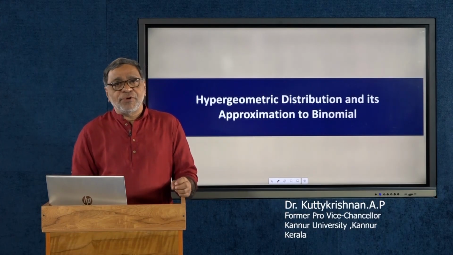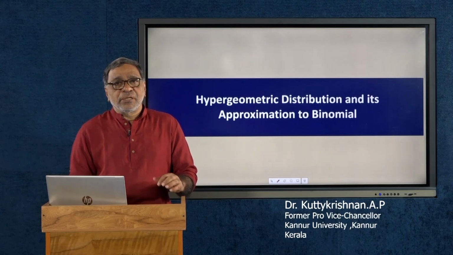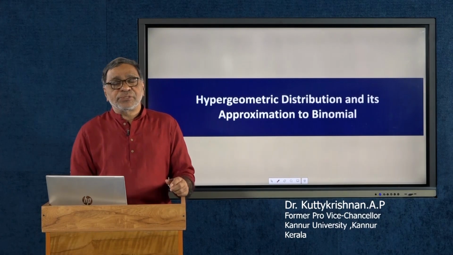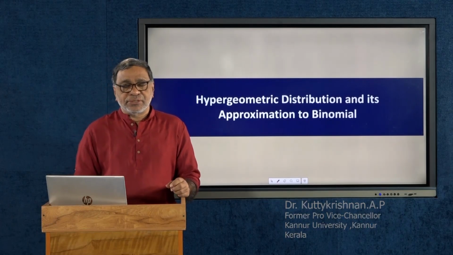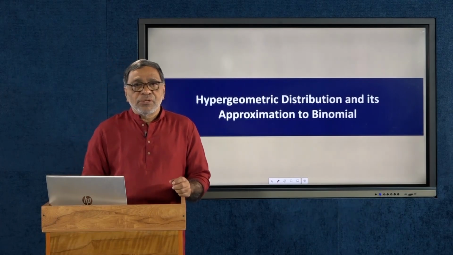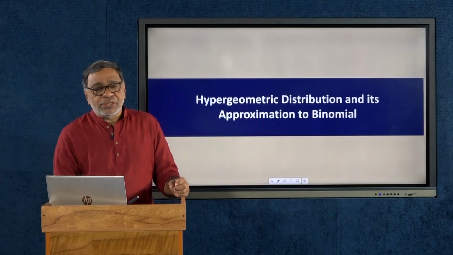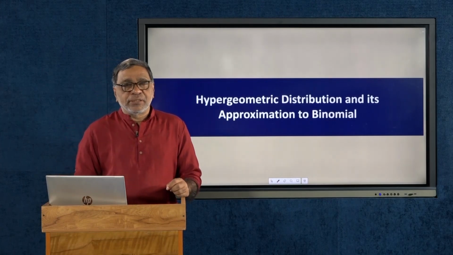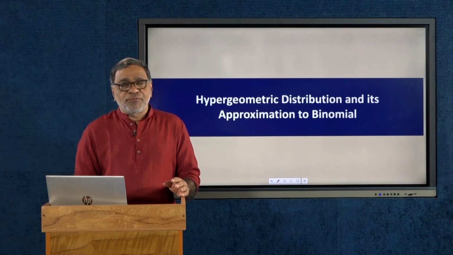Already we have defined the hypergeometric distribution and its probability mass function, mean, variance, etc. in the last session. We know the hypergeometric distribution is defined with respect to a population consisting of two